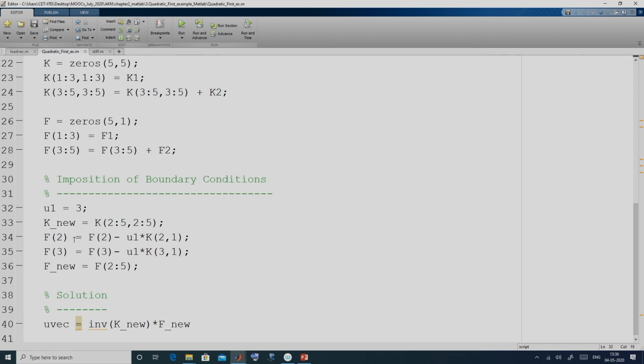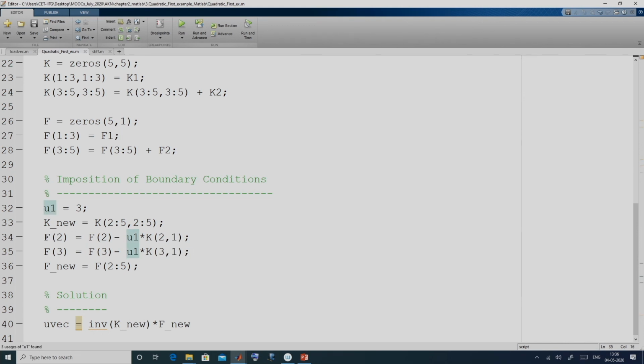Also the modified load vector, if you see, K 2 1 is multiplied with U1, again the first index is which row I am considering, the second index is which degree of freedom is prescribed, and similarly K 3 1.